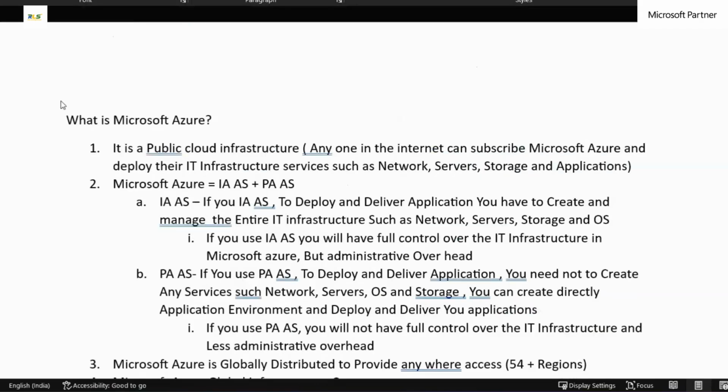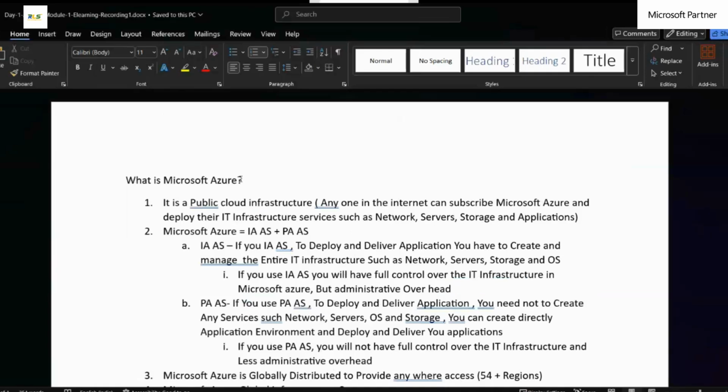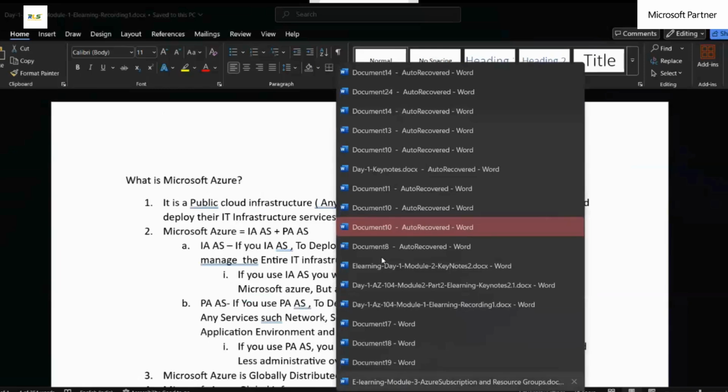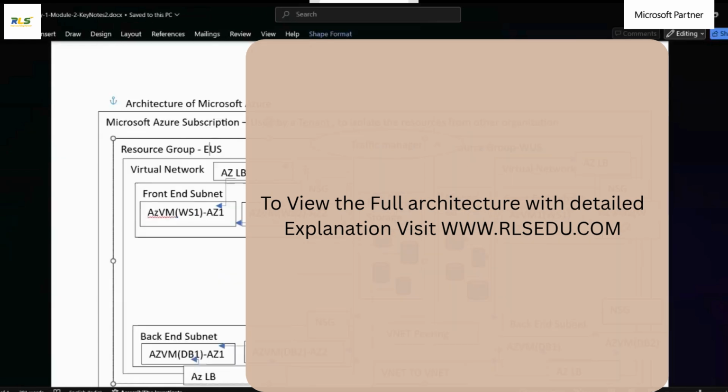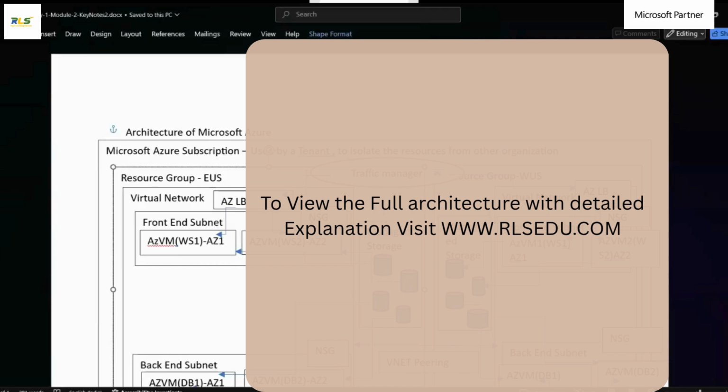Hello everyone. In the previous module, we discussed what Microsoft Azure is, and then we discussed the architecture of Microsoft Azure. Today, we are going to discuss module 3, that is